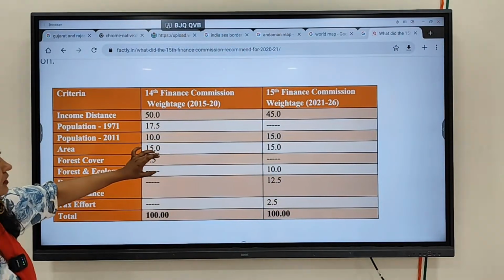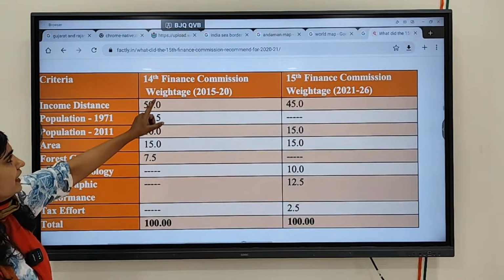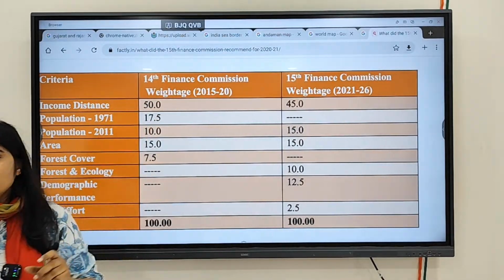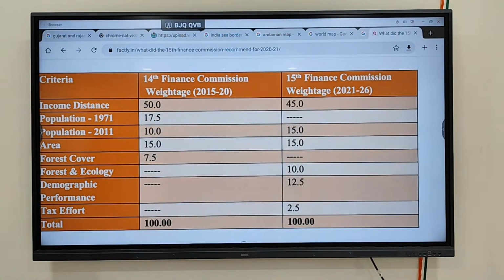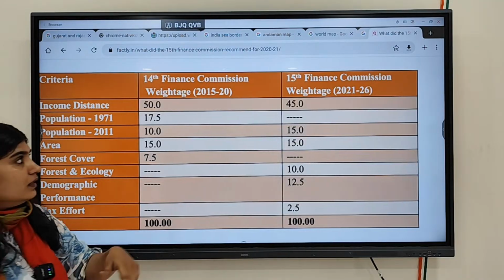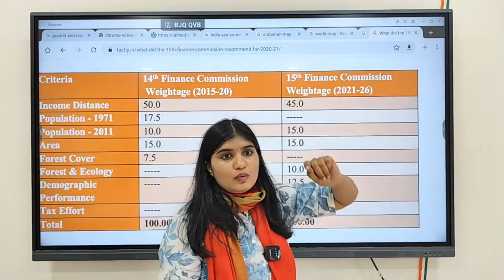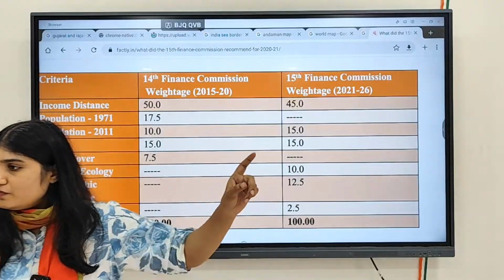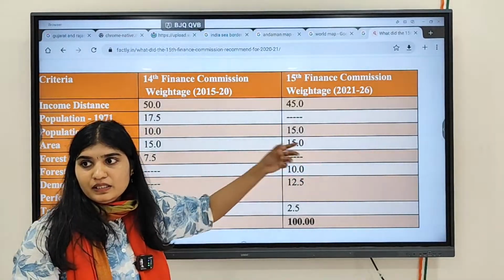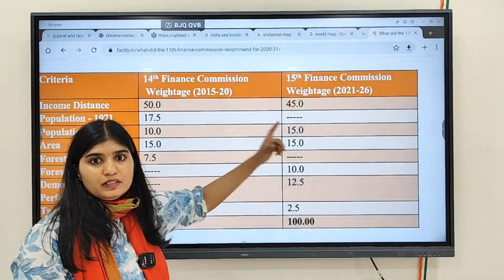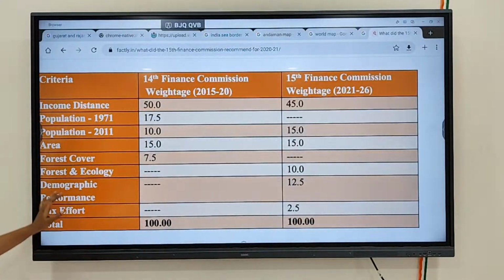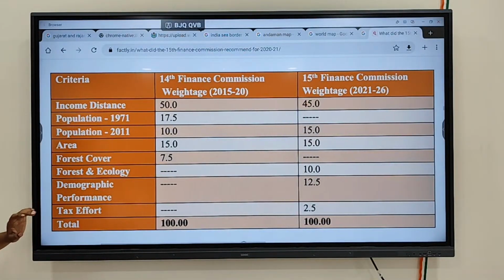See, concentrate here. The 14th Finance Commission allocated 42% among the states. Here they have reduced roughly 1%. Now it is 41% here. Okay, here it was 42, here it was 41%. Let us see what are the criteria for distributing the funds among the states. Okay, these are the criteria. Based on this, they will just fund for every state.